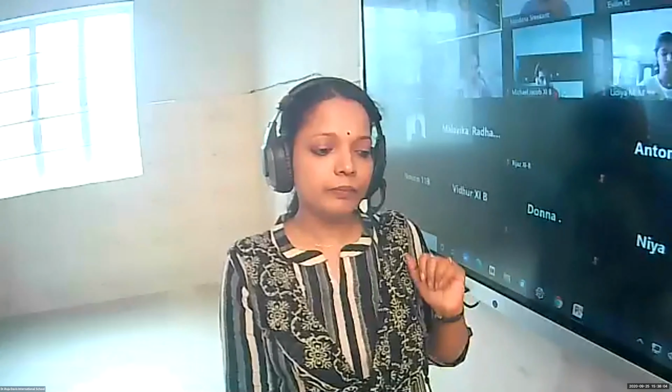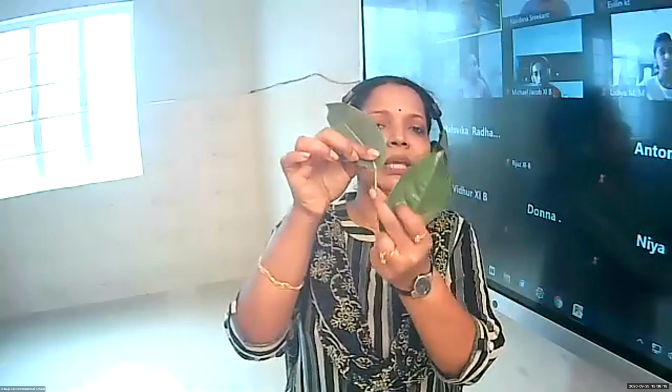Then we also discussed the type of leaves. I told you that the leaves can be either simple or compound. When compound, it can be pinnately compound. I gave you the definition also. I'll repeat it again. This is an example of a simple leaf, or this is another example of a simple leaf. This is the stalk or the petiole. Hope you can see. So this is the petiole and this is the leaf.